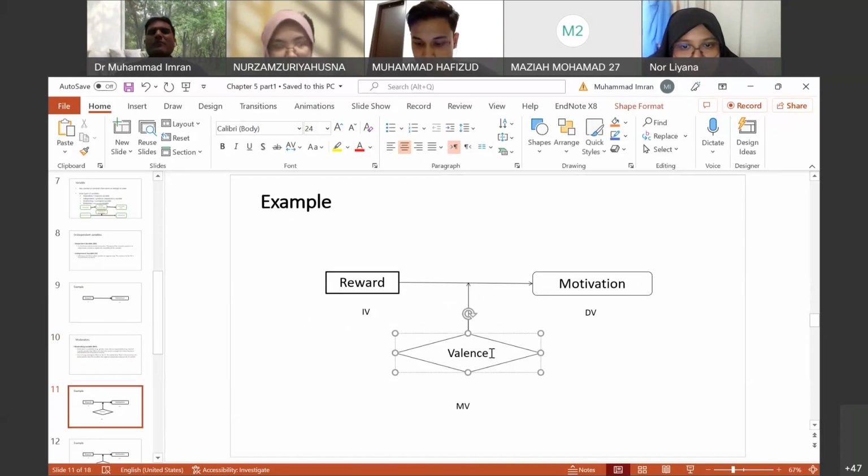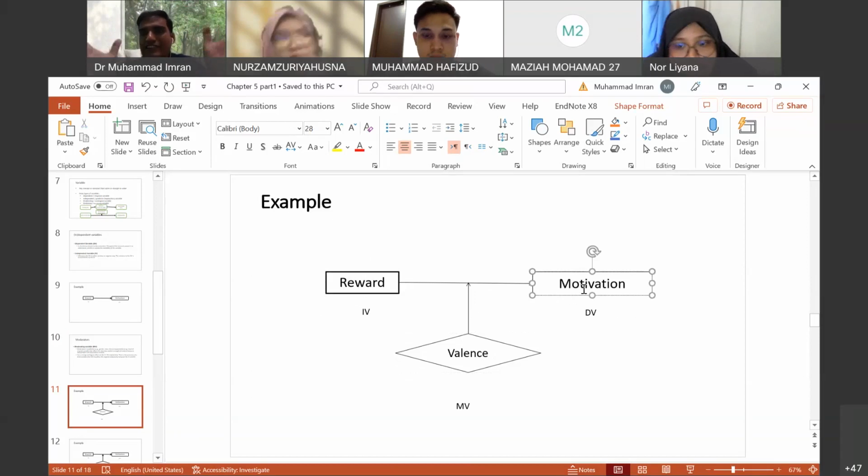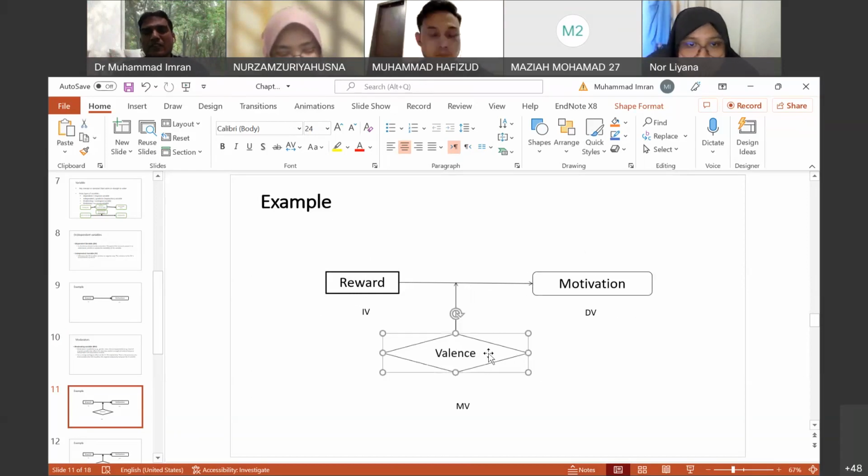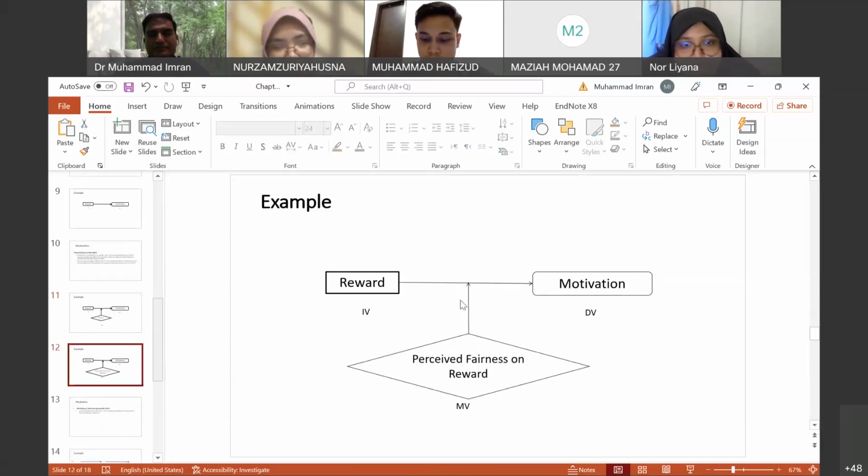Here, valence might be what marks you want to take. Do you want to take an A grade or a B grade? It's all up to you. If you want to take an A grade, you do more hard work and get good marks. This intention will increase the relationship and make it strong. If you don't want anything, maybe you want to play cricket or football, then this relationship will be affected. Hard work and good marks will be affected. Okay. Here also